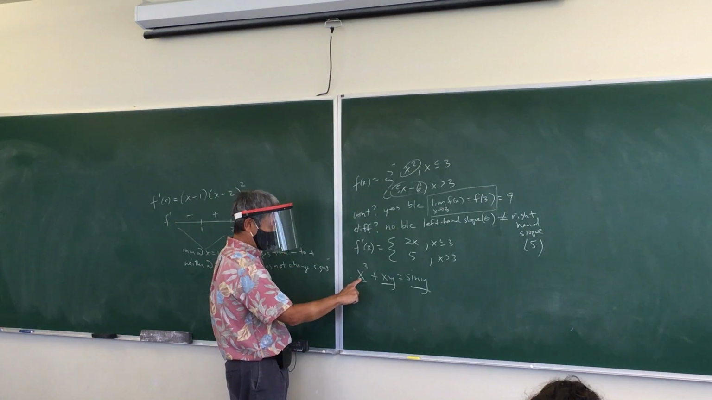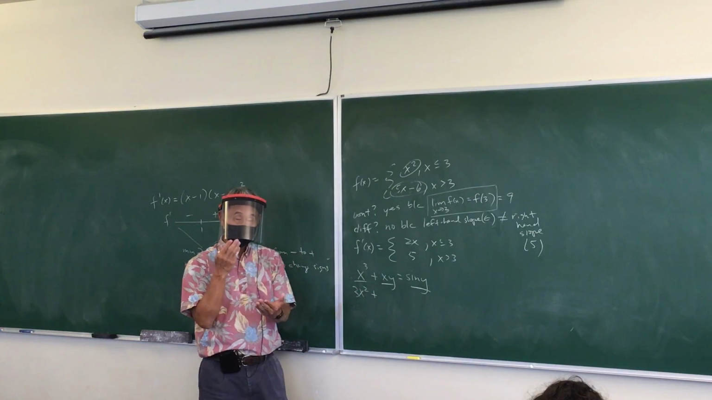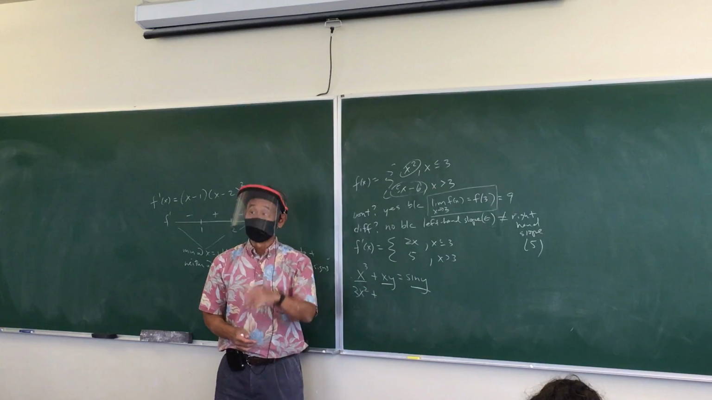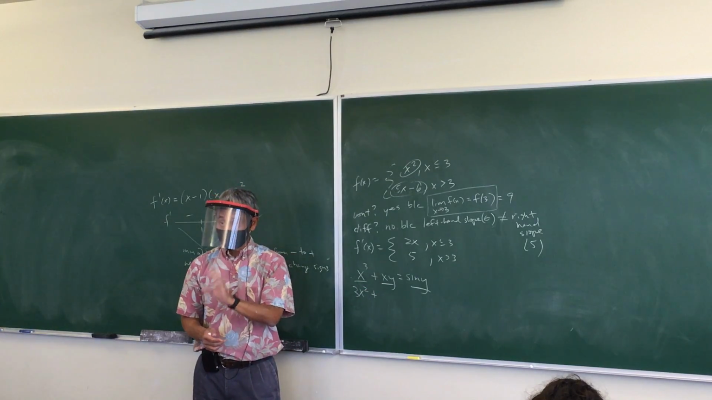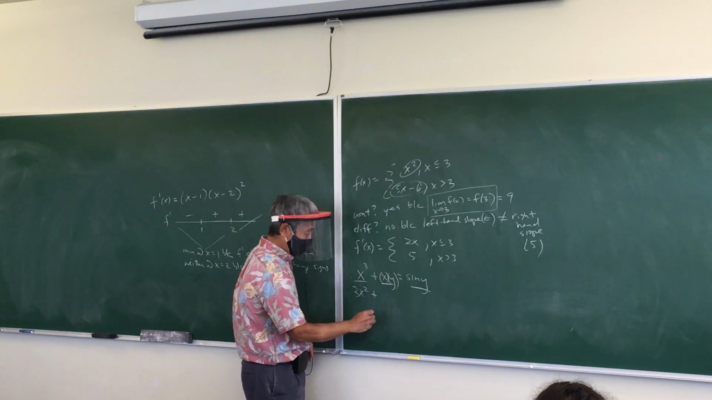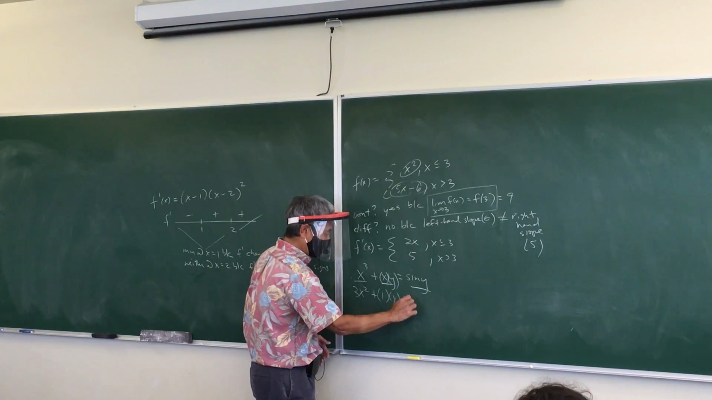What's the derivative of this? 3x squared. Now, remember, when you take the derivative of x, you get 1. When you take the derivative of y, you get dy dx. That's how you do implicit differentiation. So over here, you gotta use the product rule. Derivative of the first, leave the second one alone. Leave the first